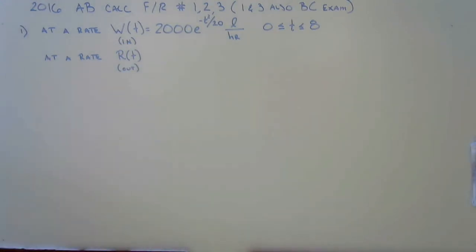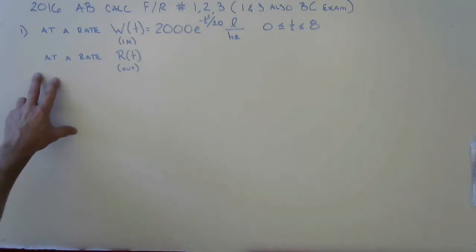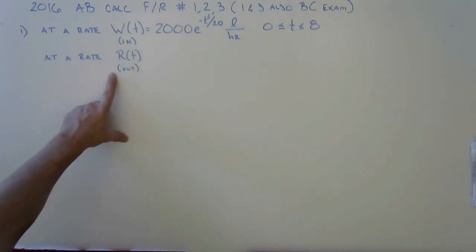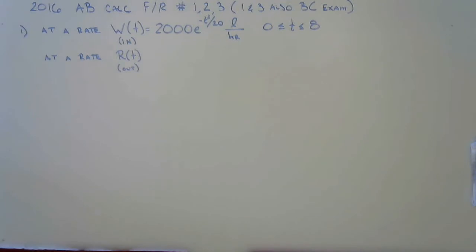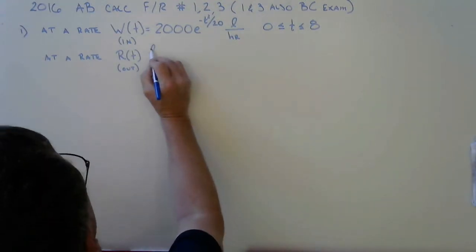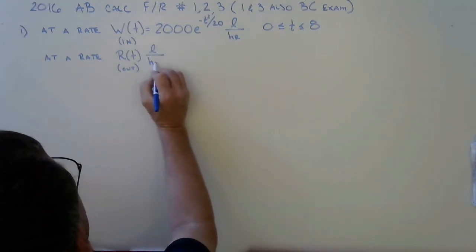They tell us this is the water going out of the tank. Now, they don't specifically give us a function for the rate at which the water goes out of the tank. Sometimes in a problem like this, they give us a function for this and a function for this. Sometimes they don't give us a function for one of these, but instead they give us a table of values, and that's what they've done in this problem. They said water is removed from the tank at a rate modeled by R of t, liters per hour, same units,